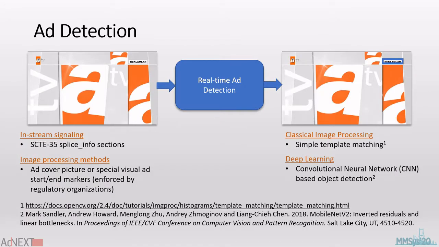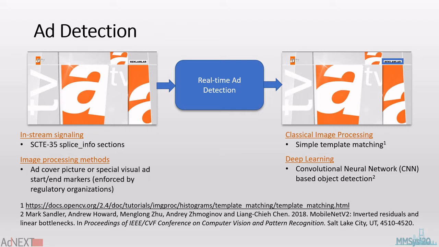In order to be able to replace ads during commercial break periods, we need to detect commercial breaks first. This ad detection is basically performed on the encoder. And the detection may be based on classical SCTE-35 splice info sections in the transport streams. However, when we deployed this solution in Turkey, what we saw was that none of the Turkish broadcasters use SCTE-35 at all. So we had to come up with an alternative solution to detect these commercial break beginning and ending